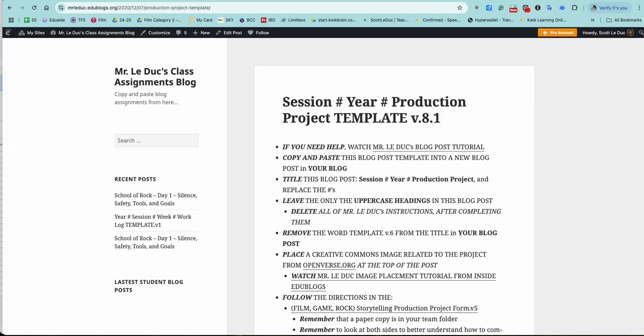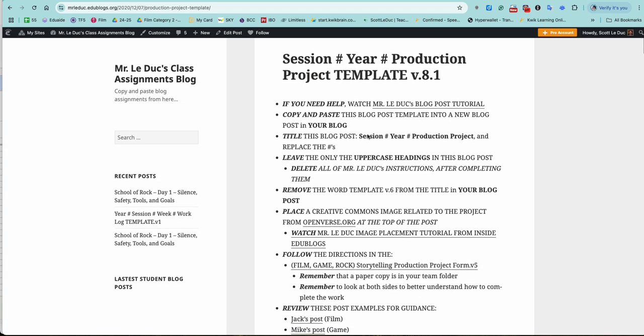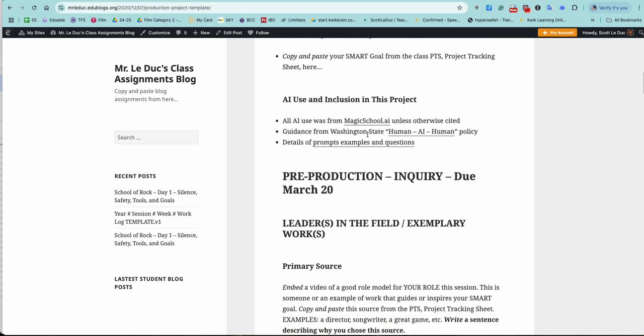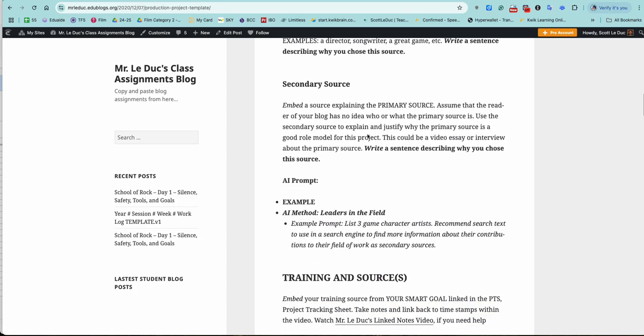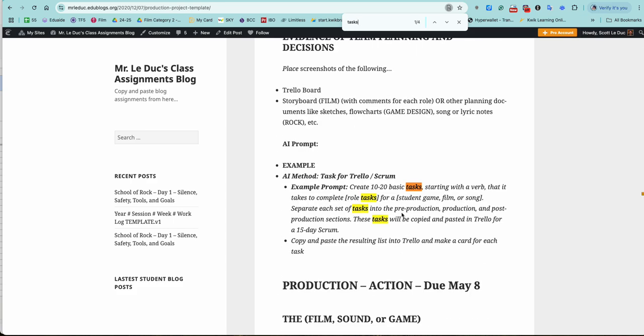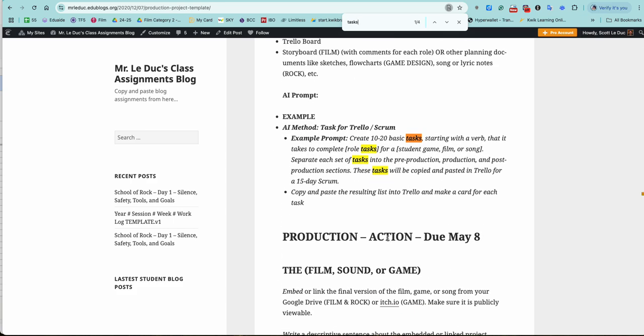All right. So in your blog post, you'll notice that you're following the directions. Everything's here. Do our normal process, the AI prompts. If you're using a prompt, I want you to copy and paste the prompt here. You can delete my directions as always, but I have an example. Now, if you have to do tasks in Trello, there's a really cool shortcut. Create 10 to 20 tasks and then create a list for me to do during production for a 15-day